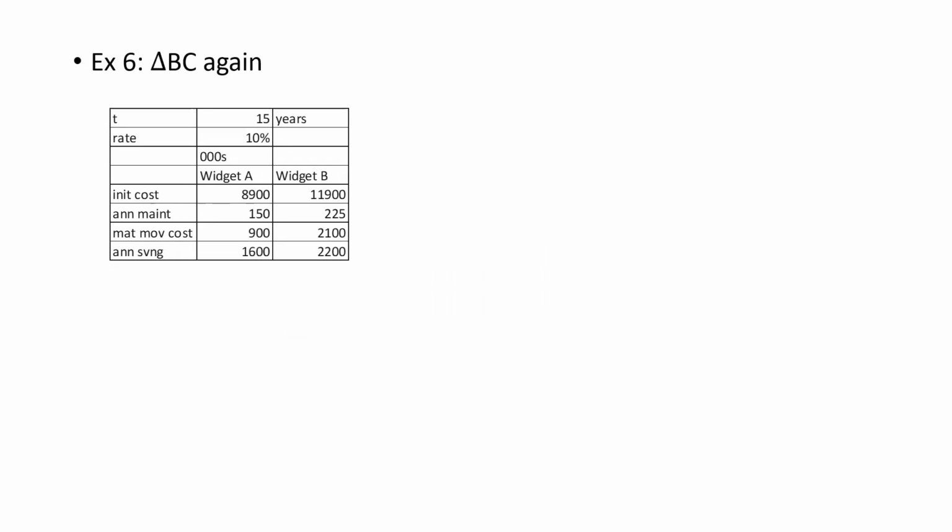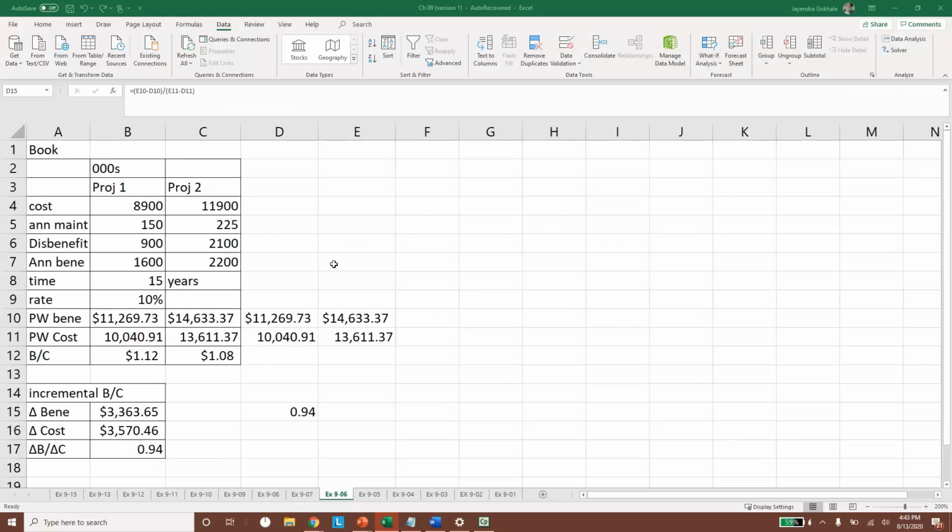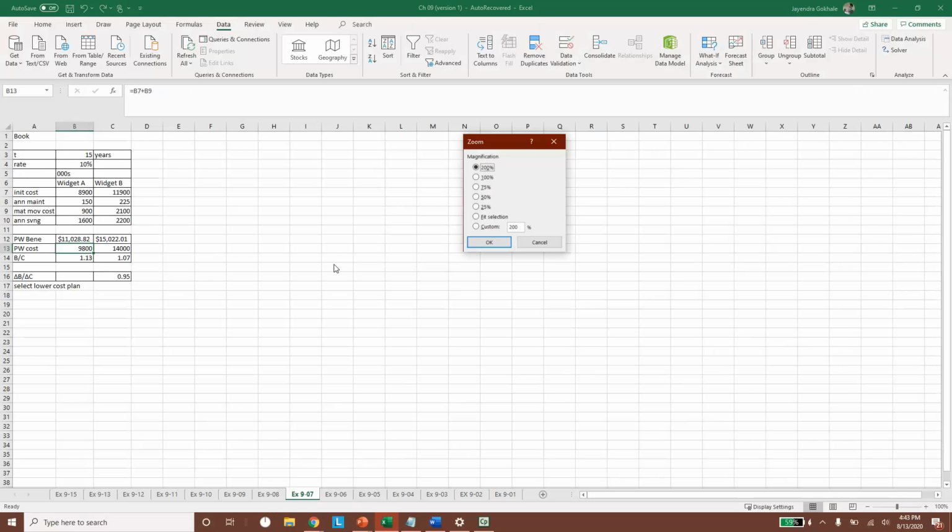Finally, let's do again an incremental BC analysis. Now we have two widgets, A and B. B clearly, look at that, costs more. Annual maintenance 225. Material moving cost, so its initial setup cost 900, 2100. Annual savings 1600, 2200. Now what they've done in this, going back to the Excel, Alt V Z 0 enter,